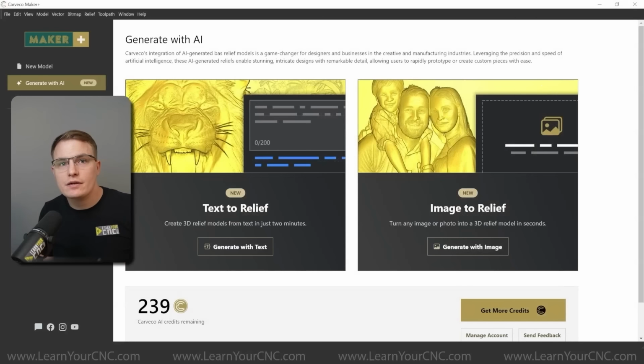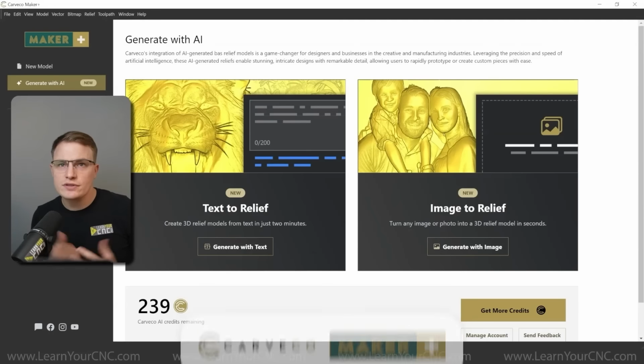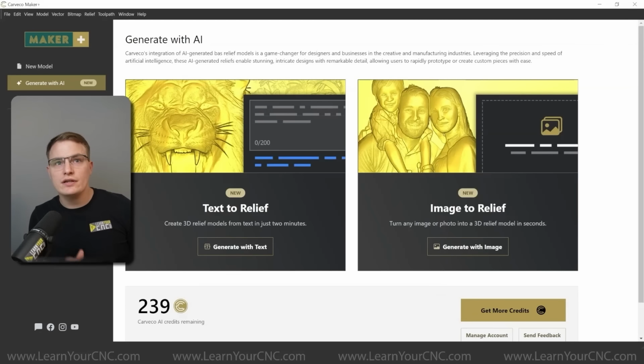So first up, let's talk about the newest addition in the AI world in CNC, and that is Carveco's built-in AI tool. This one's interesting because it's directly integrated into Carveco software, which means you don't need any extra software or STL imports. Just drop your image or text prompt in and you're ready to go. On the surface, it's super easy to use and very fast, and for users already in the Carveco ecosystem, it's a nice built-in feature. The catch though, you'll need to switch to Carveco if you're not already using it, and